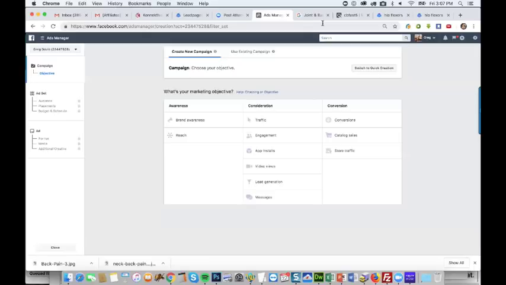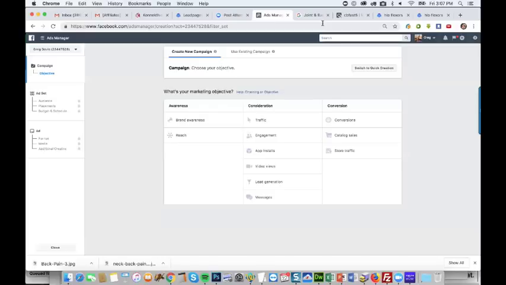Because of that, to me, a lot of times that'll eliminate the need for targeting. Say, for instance, we could find a whole bunch of interests, like one for back pain, or I know they have one for pain relief. You could add those interests in, but think about it: stuff like back pain, joint pain, that affects a lot of people. So it's better to just go broad and let the Facebook pixel do all the work for you to find the sales. It's going to be pretty crucial that we use that pixel.